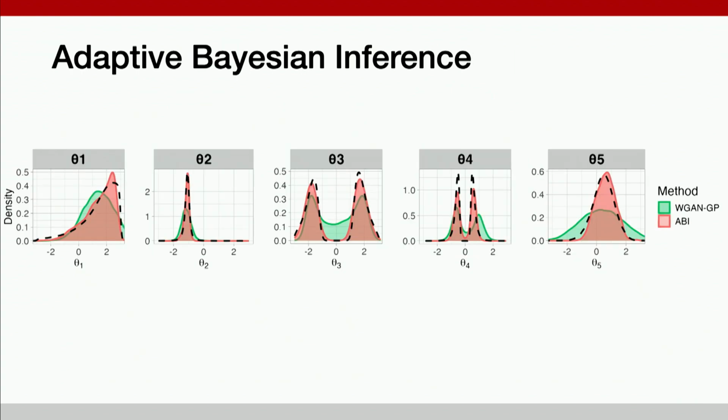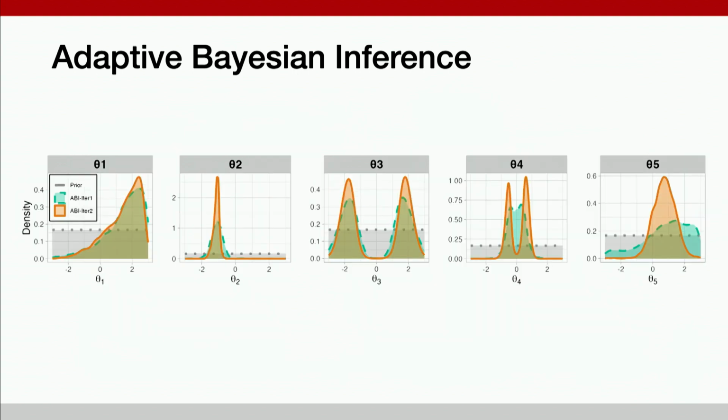Here I am showing the posterior estimated by ABI, and also by the Wasserstein generative adversarial network with gradient penalty. In black, I am outlining the true posterior distribution. And you can see that ABI resulted in an estimated posterior that aligns much better with the true posterior. And finally, this is what the sample trajectory looks like. You can see that we start with a very uninformative flat prior, but just in iteration 1, ABI was able to already get the posterior shape correctly,